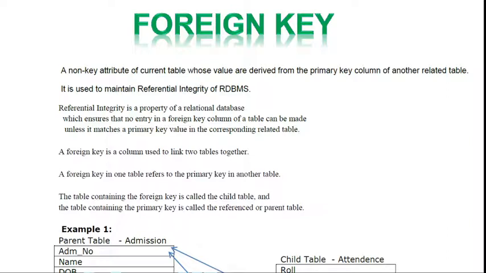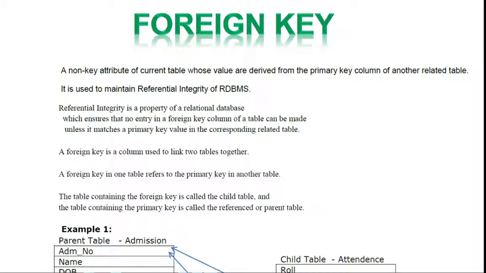of current table whose values are derived from, means the column is less important, but the data you are storing in the column, that data is coming, means it should be similar to, same as the value stored in the primary key column of another related table.